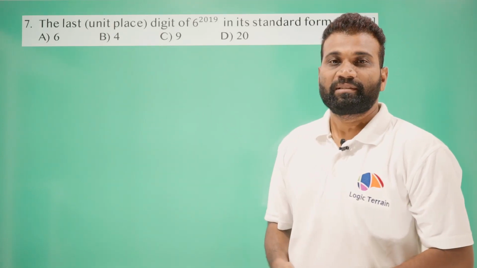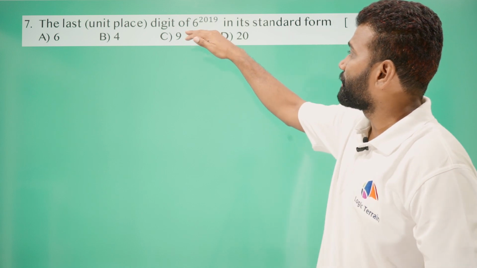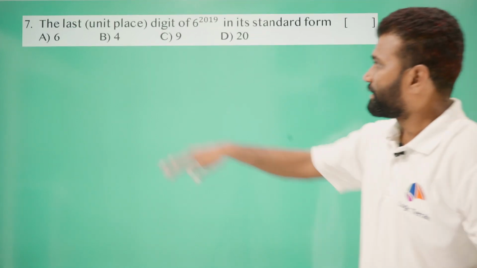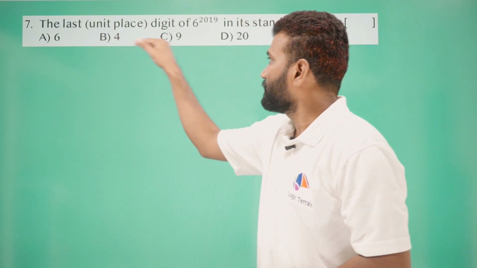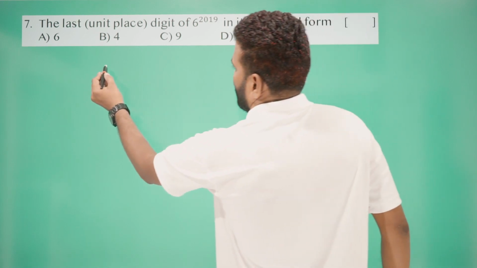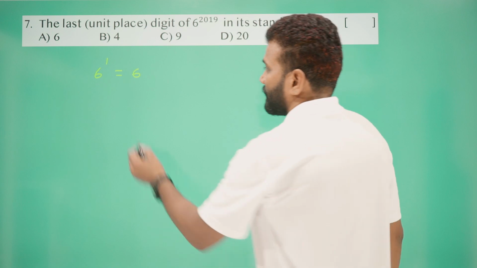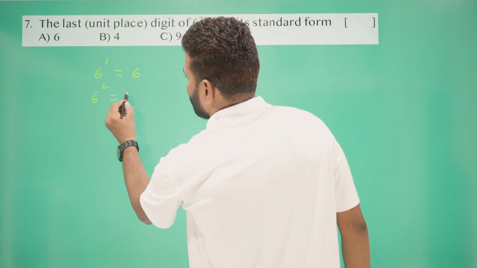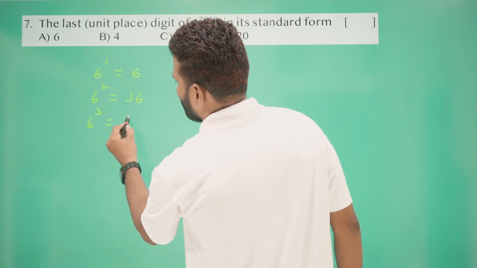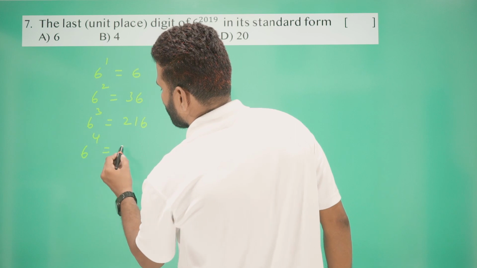Here is the next question, that is question number 7. The last or units place digit of 6 to the power of 2019 in its standard form is, here are the options, A 6, B 4, C 9, D 20. So let's check. We have 6 to the power of 1 is equal to 6, 6 to the power of 2 is equal to 36, 6 to the power of 3 is equal to 216,